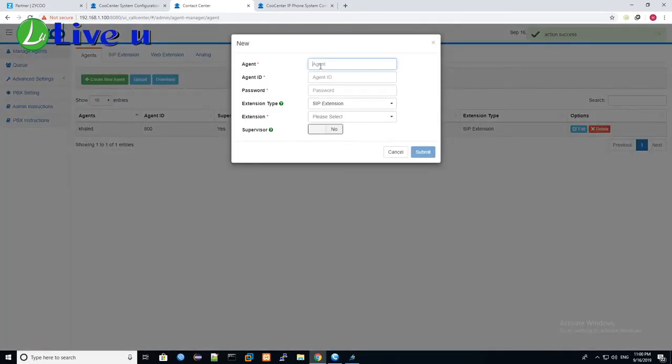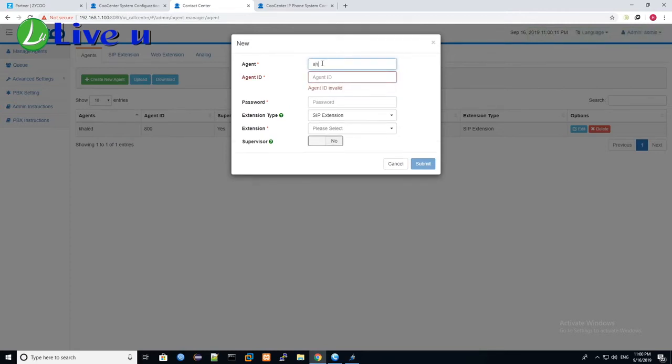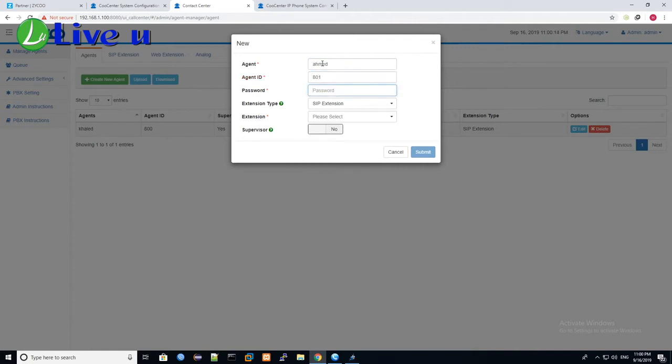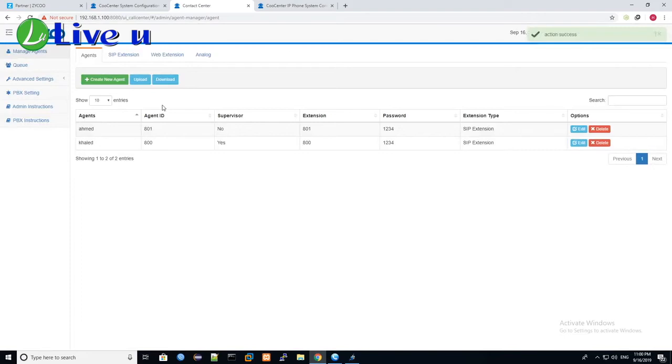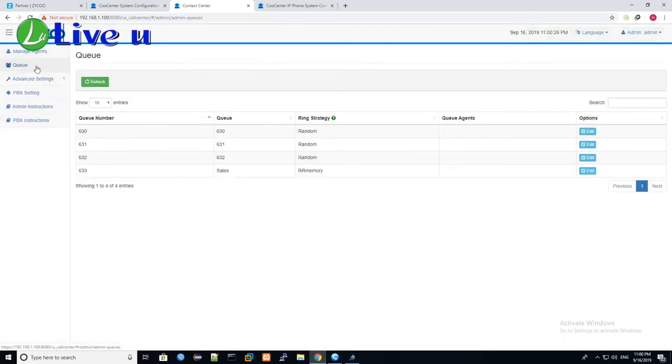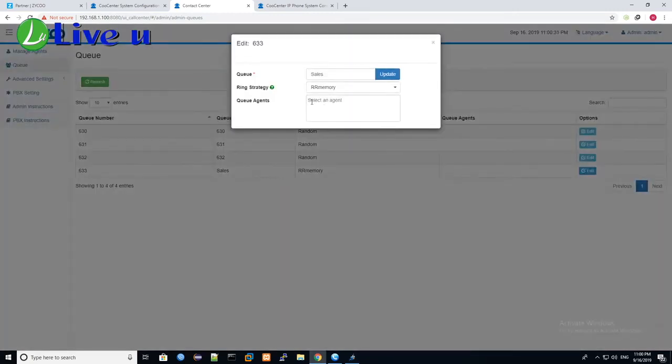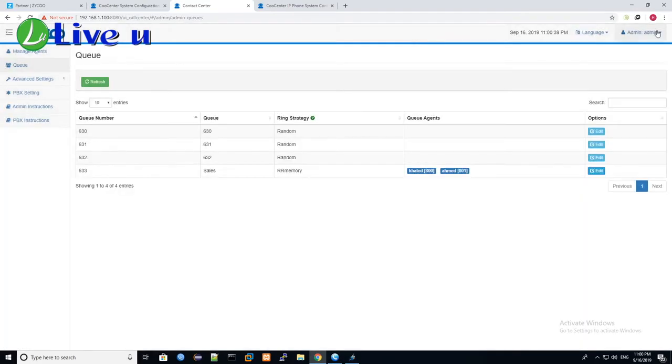I will create a new agent and give him an ID. So I will name this agent also and give the ID the same as the extension number, and a password. Then I will select the extension and I will not enable the supervisor option. So after we create the agents, we have to assign these agents to the queue. So we will go to queue and select our sales queue, and from here if you click, you can see first agent and second agent. So after we finish, we will close it and we will log out,